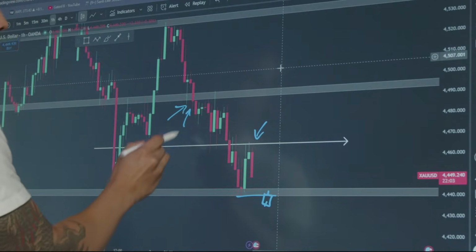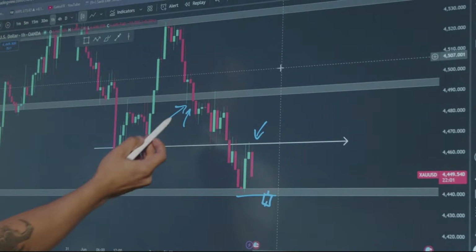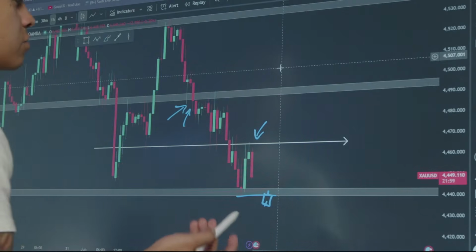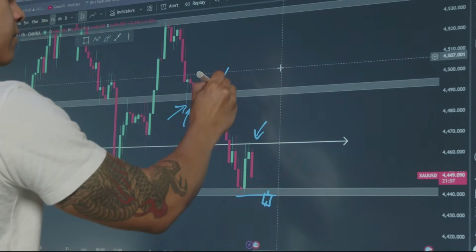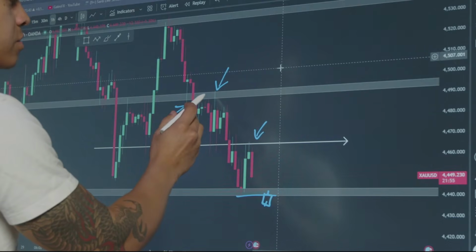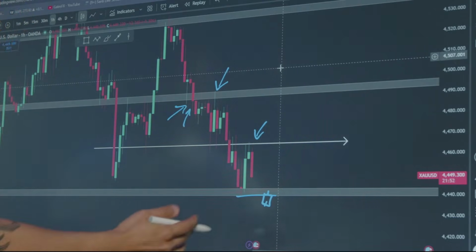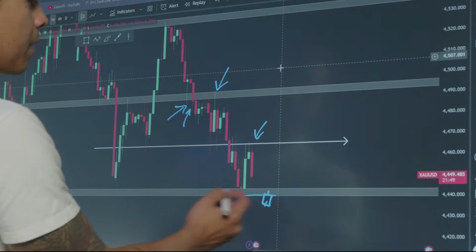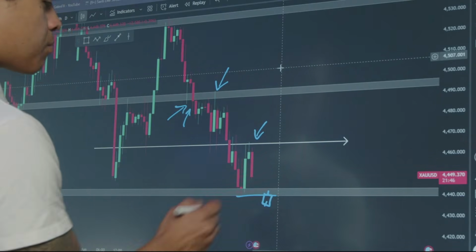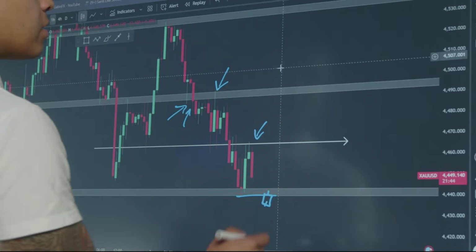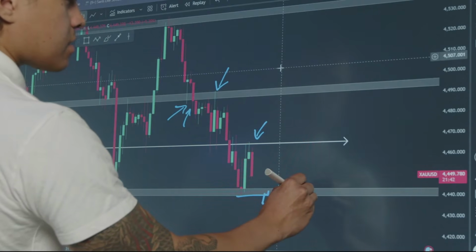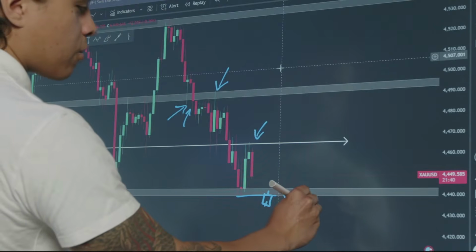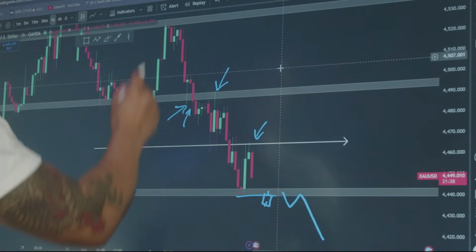Candle closes below. That candle right here on the 1 hour on gold, as you can see, closed below the area of interest, like I broke down earlier. You have then candles failing to trade above your zone, and you have your continuations. That's exactly what we're going to look to do. We're going to look to extend our bearish bias by making sure that we break those lows, break below that support, and we'd be looking for breakouts, break and retest off of or below the 44.40s for continuations following